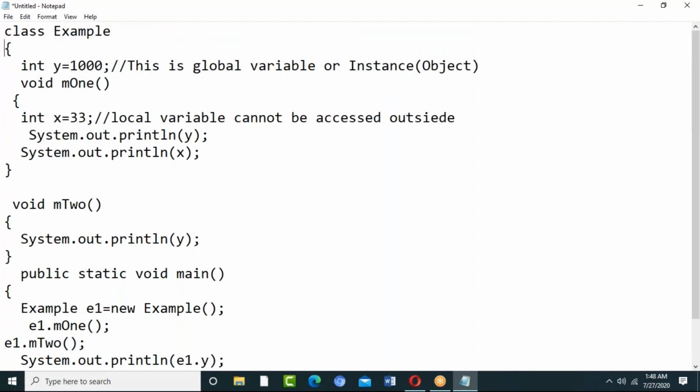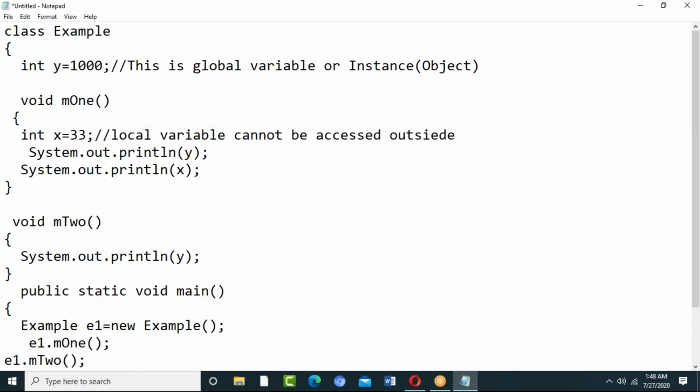So, we have a local variable and we have an instance variable, or global variable, or object level variable. Now, what is a static variable extra? Why this static variable? Let's see. If I declare any variable with the keyword static, int L is equal to this. This static variable,